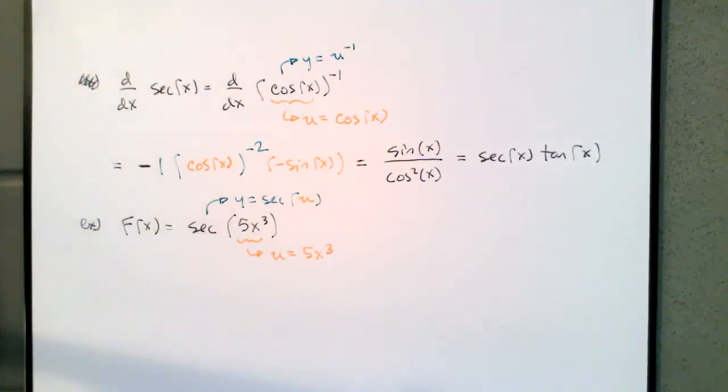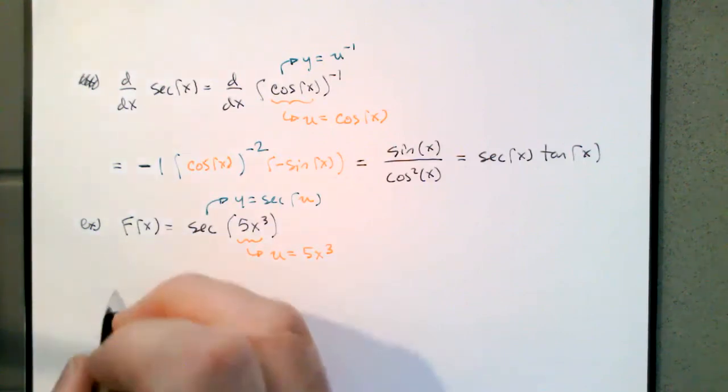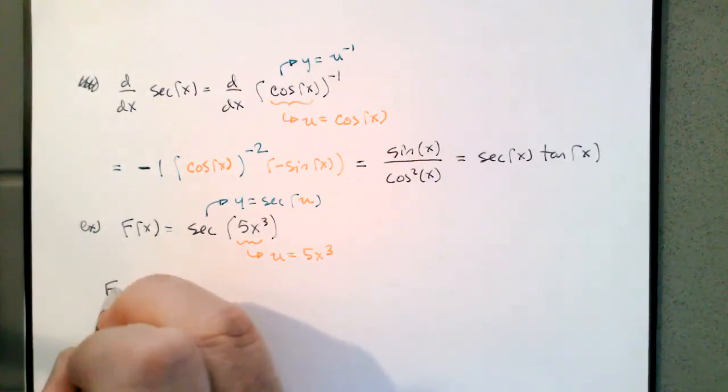So we're going to use the chain rule, because the first thing that happens to x is it gets cubed, then multiplied by 5, and then we plug into the secant function. We take the result of 5x cubed and plug it into the secant function. We're making a composition of those functions. So the derivative, capital F prime,